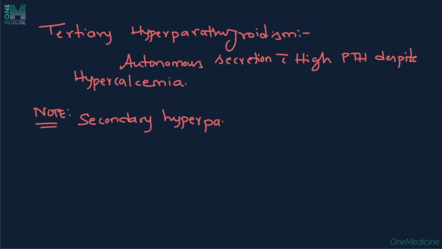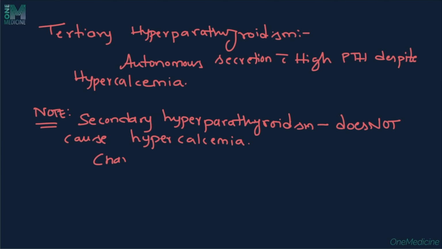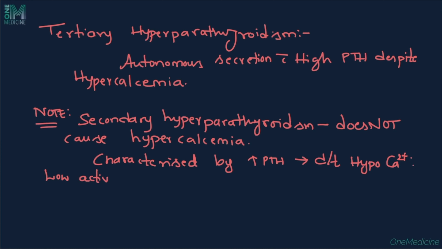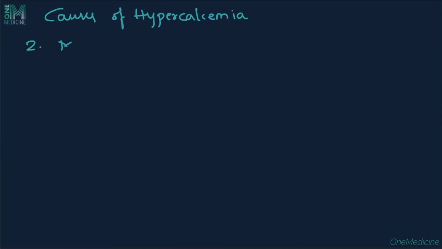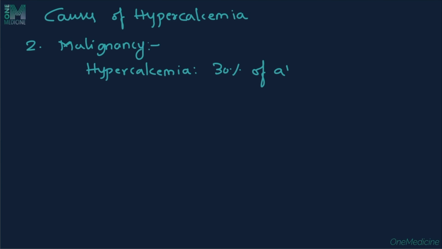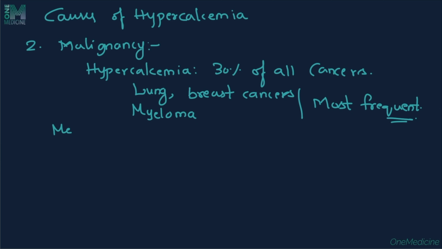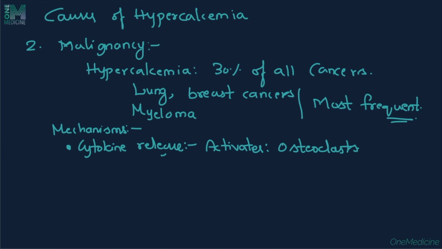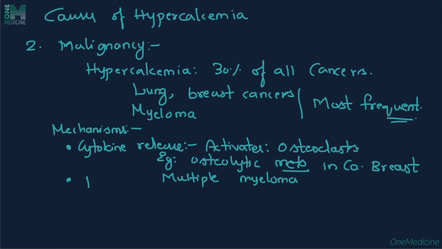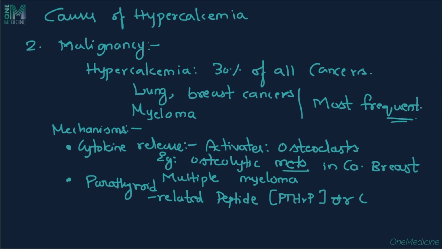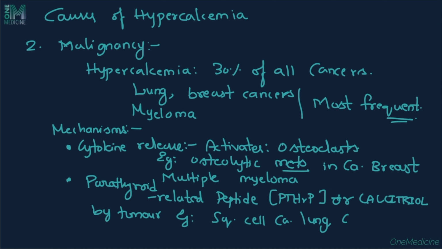Note that secondary hyperparathyroidism does not cause hypercalcemia but is characterized by increased parathyroid hormone in response to hypocalcemia with low active vitamin D levels because of renal disease or dietary deficiency. Other causes include malignancy. Hypercalcemia occurs in up to 30% of all cancers, with lung cancer, breast cancer, and myeloma being the most frequent causes. Two main mechanisms include cytokine release, which activates osteoclasts, with osteolytic bony metastasis in advanced breast carcinoma and hematological malignancies such as multiple myeloma, and production of parathyroid-related peptide or calcitriol by the tumor,